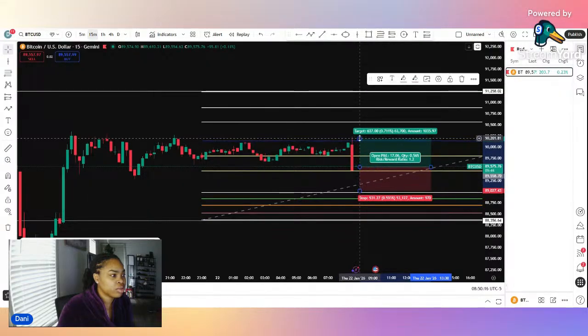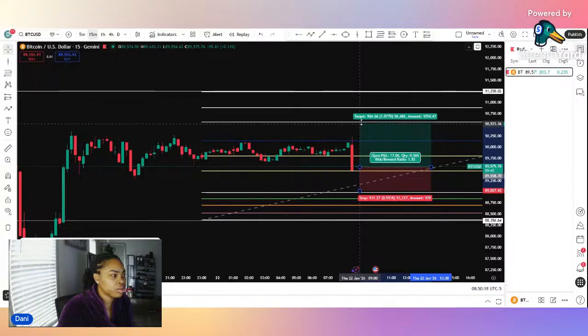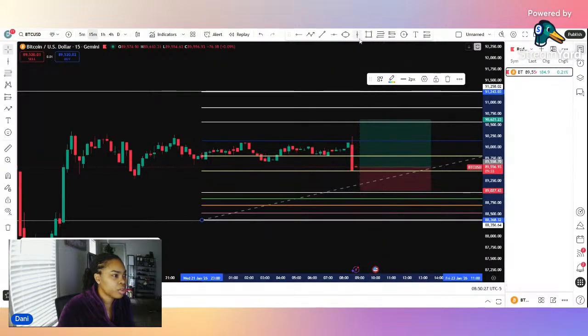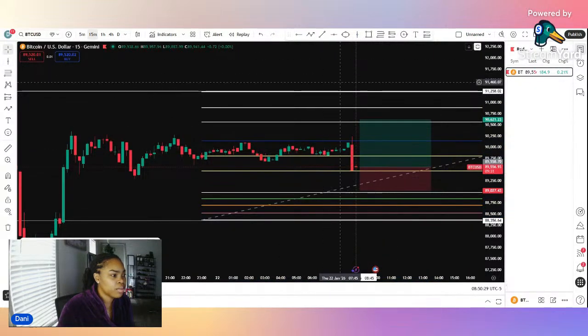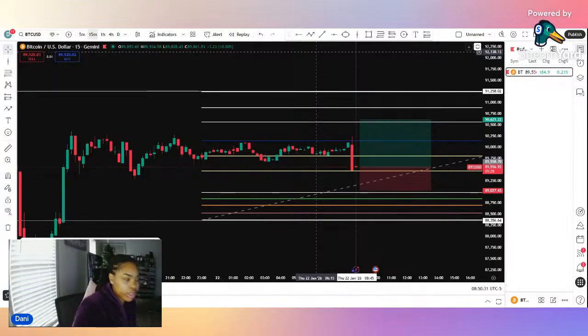Okay, we could do market execution. We could take it up to, we'll just do a 1 to 2. This is a market execution, you guys. If you're on Trade Locker, which is what I use and what I recommend all my students use, when you are putting in the actual trade itself, you're getting a really good opportunity for a buy right now, you guys. I'm not gonna lie. But no, this is not the demo I want to be in, obviously.